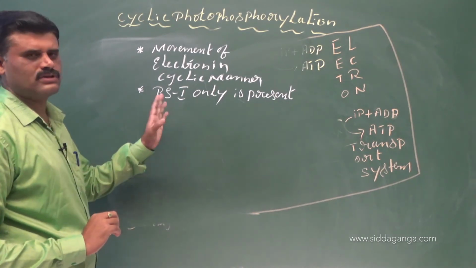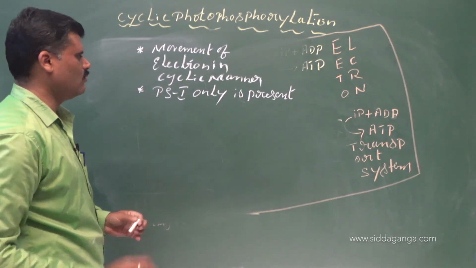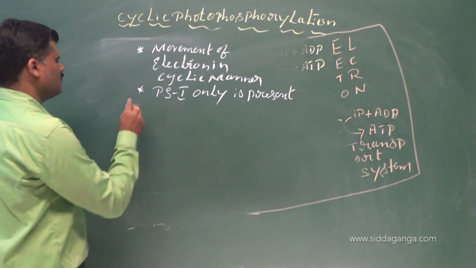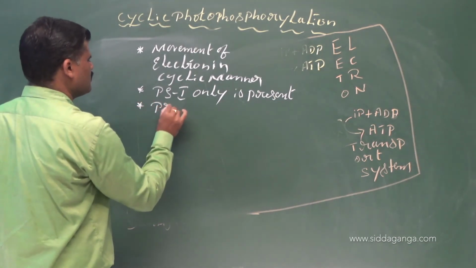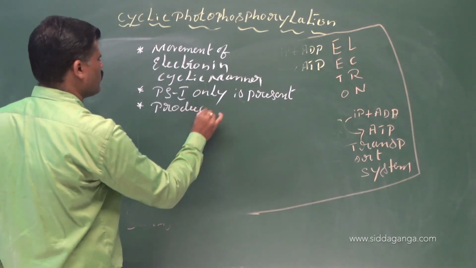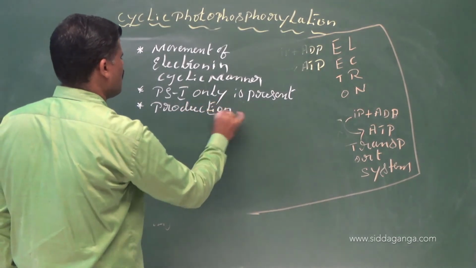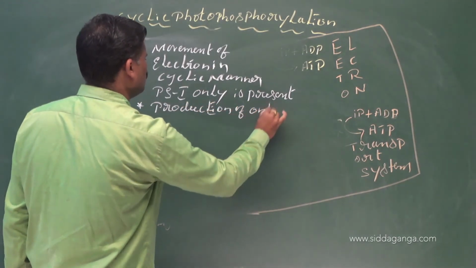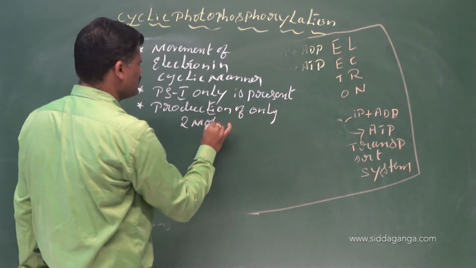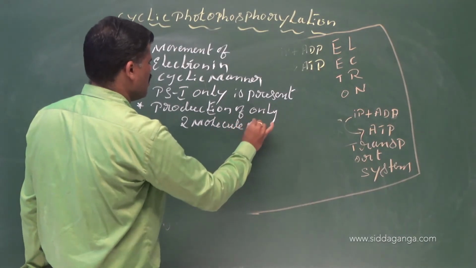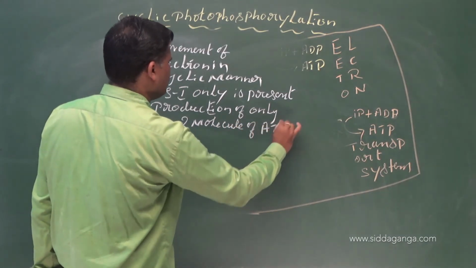Photosystem first only is involved. Then next, production of only two molecules of ATP